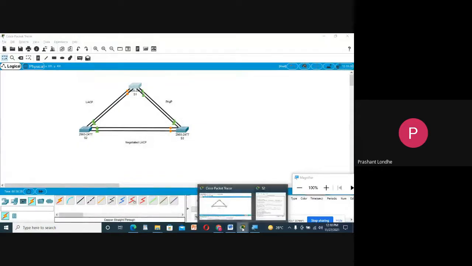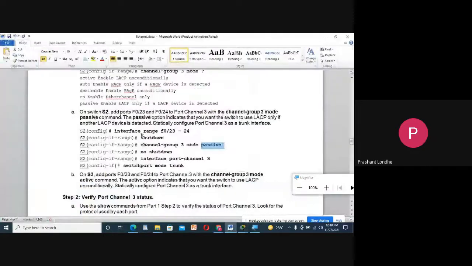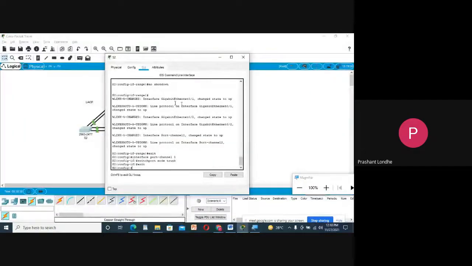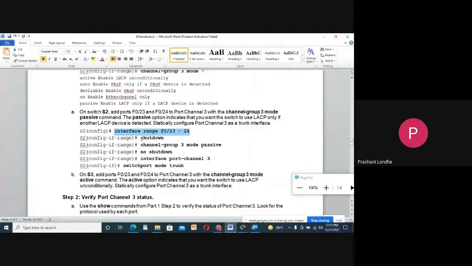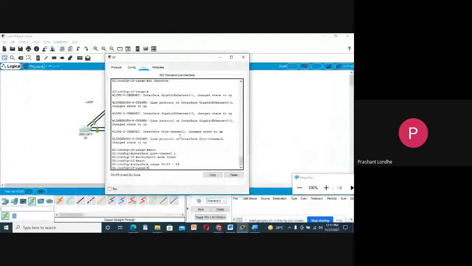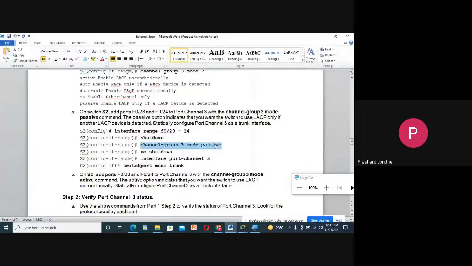Let us go to the S2. Interface 23, 24. Then shutdown. And then channel group mode passive.